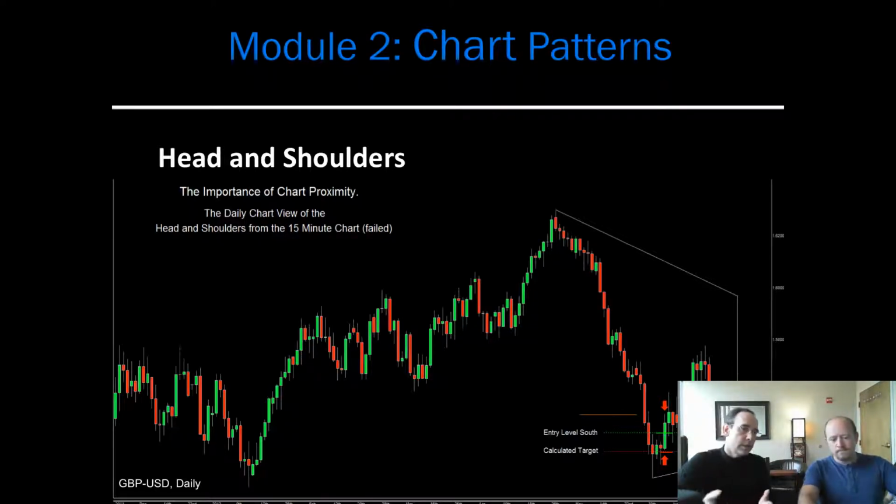Right. So this gives you the context, Randy, because we want to show people both sides. This is a very reliable pattern, but we want to show people what happens if it fails. In other words, once the head and shoulders pattern has fully formed, where you have the right shoulder that has come back down to the neckline, that's a fully formed head and shoulders. And if it fails, why would it fail? Well, it doesn't actually fail, because you've got to look at the context of where it's at and what you're doing. Exactly. Because we use everything from the monthly chart, like I've told you in the past, all the way down to the 1 minute chart, depending on what we're doing. But we always try to keep an eye on everything, knowing that one particular chart can really make a difference with what's going on with that particular market at that time.